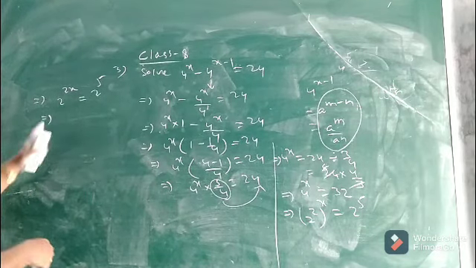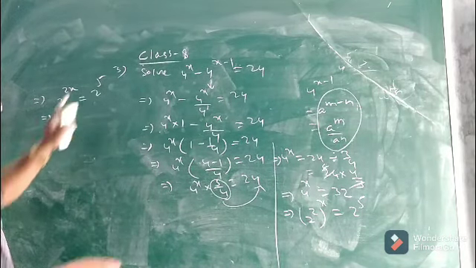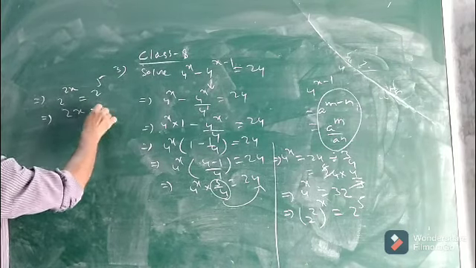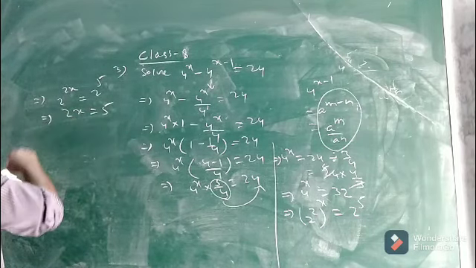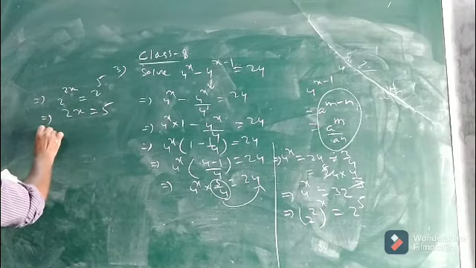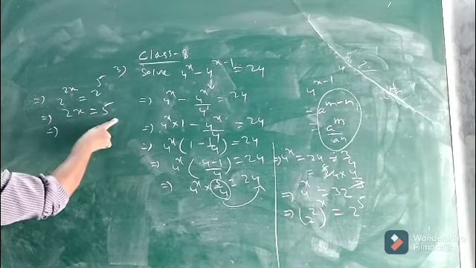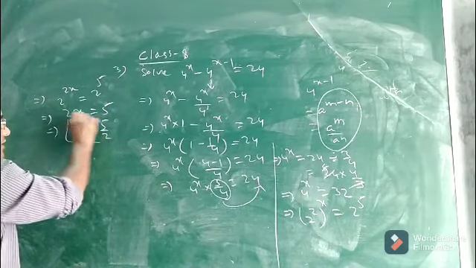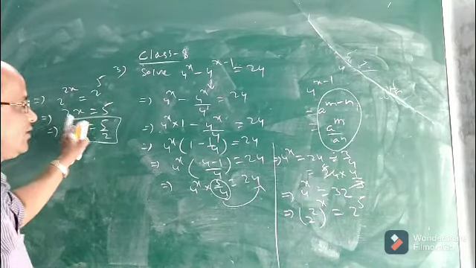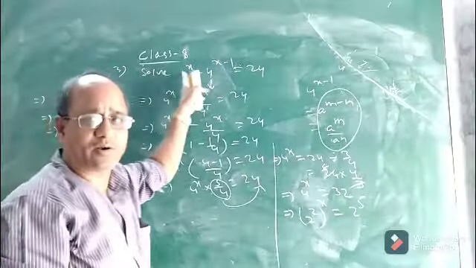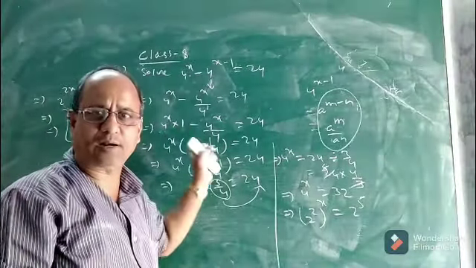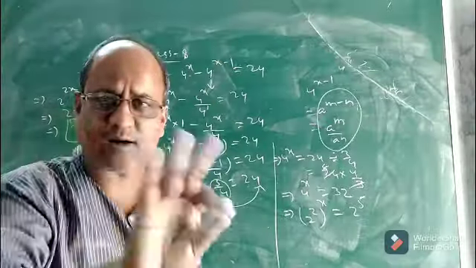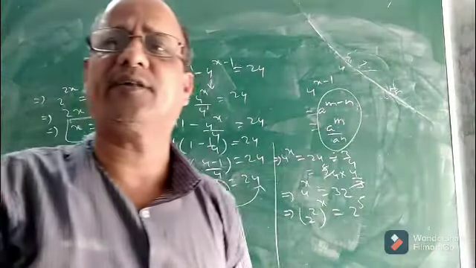See. So 2 to the power 2x equal to 2 to the power 5. That means the base is same, so the exponent will also be same. See. So 2x will be equal to 5 because the two bases are same. Now this is a linear equation, you can easily solve. What is the value of x? So x equal to 5 by 2. See. So x equal to 5 by 2 will be the required solution of this exponential equation. That means for x equal to 5 by 2 only this equation will be satisfied, and for no other value of x this will be satisfied.